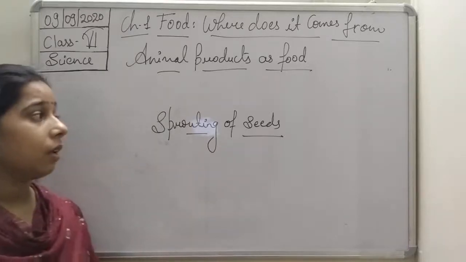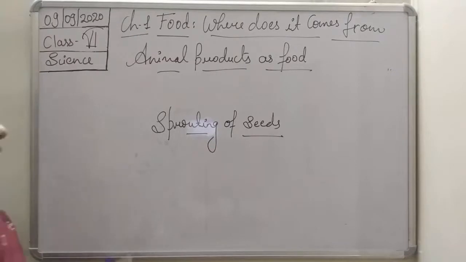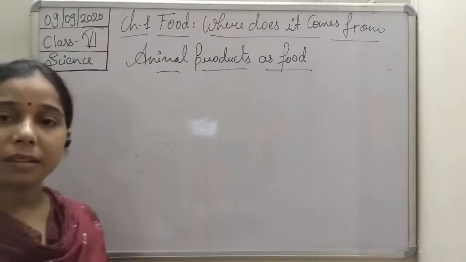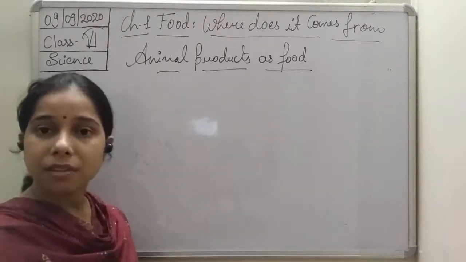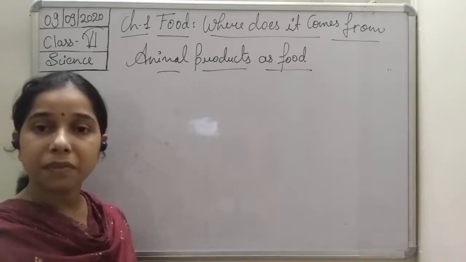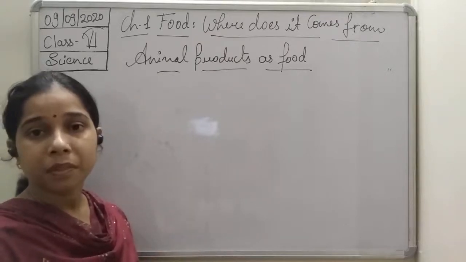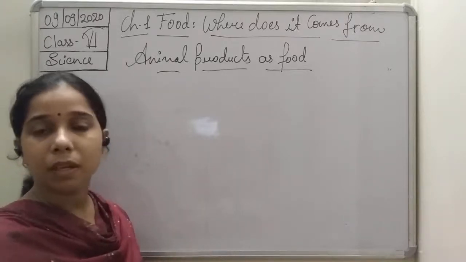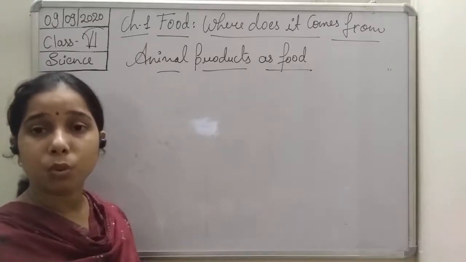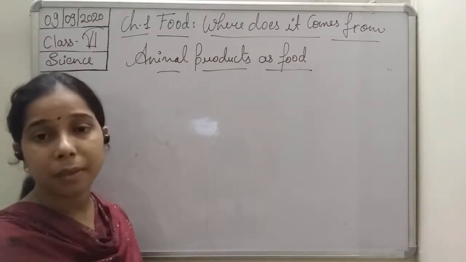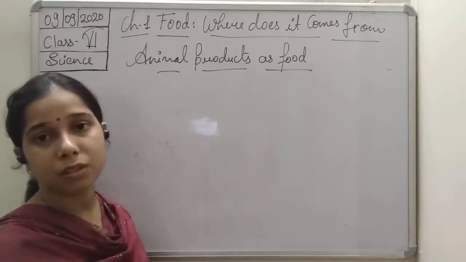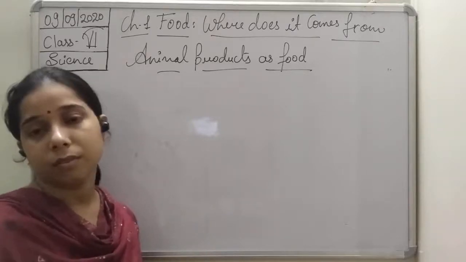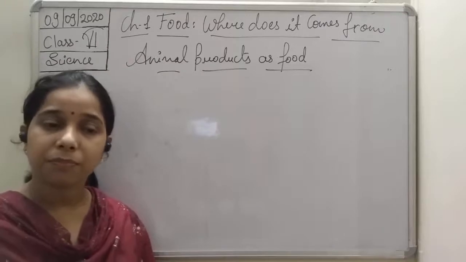In this sprouting, students, what we had done is we had taken seeds and kept them overnight in water. After that we took them out of the water and kept them in a wet cloth, covering them with a muslin cloth or a wet cloth itself. We sprinkle water from time to time so that moisture remains in the muslin cloth, which contains the Bengal gram or moong dal, which is green gram.